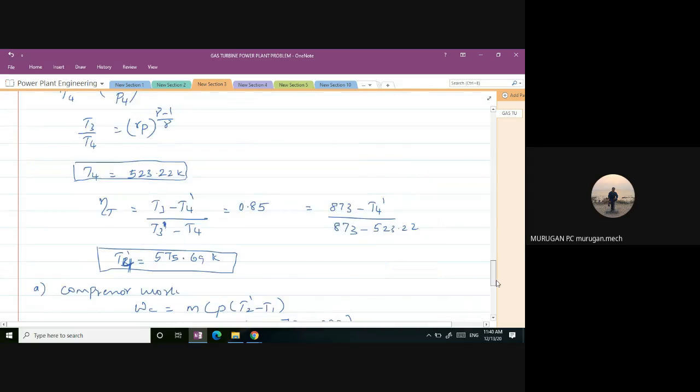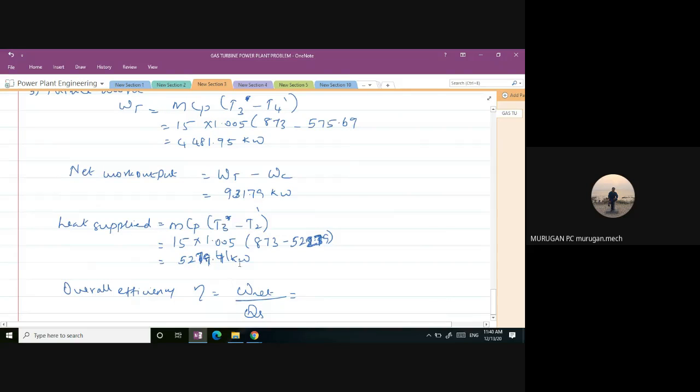Now we can find out the heat supplied, that is m Cp of T3 minus T2 dash, and we obtained 5279.41 kilowatt. So finally we can obtain the efficiency from this. So we can write the efficiency as 931.79 divided by 5279.41. The answer is 50.79